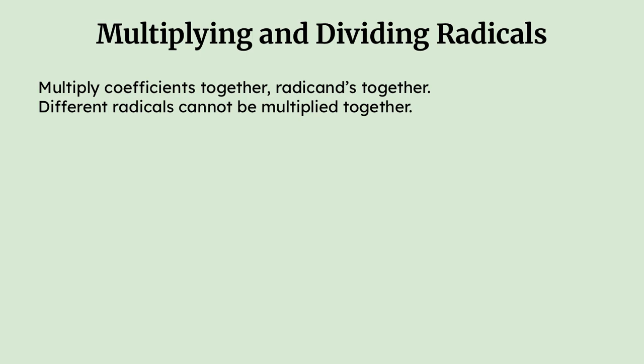So is it like FOIL, or do you multiply them by each other? Depends on the problem. So if it's all multiplication, here you can rearrange that to be 3 times 4 times square root 5 times square root 6. So it'd be 12 square root 30. Okay. The FOIL, which is a good question,